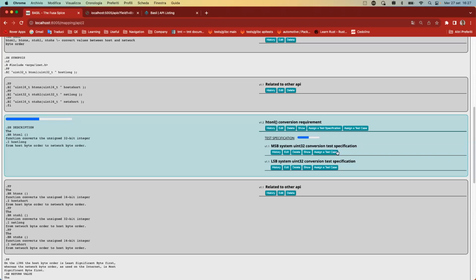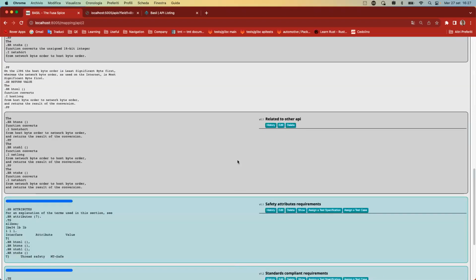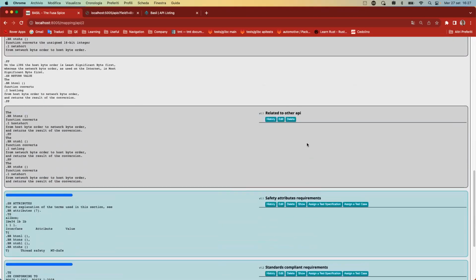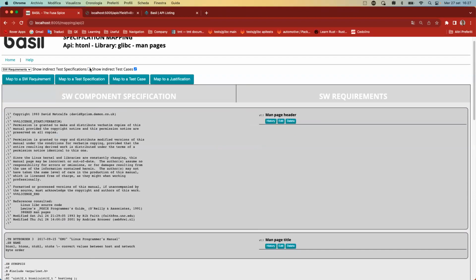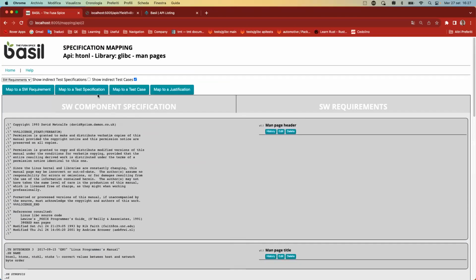that test specification. So scrolling down the view, we will see, for example, other requirements where we don't have any other indirect object. Let me just show you how it's possible to hide indirect relationships in the view. And moving to